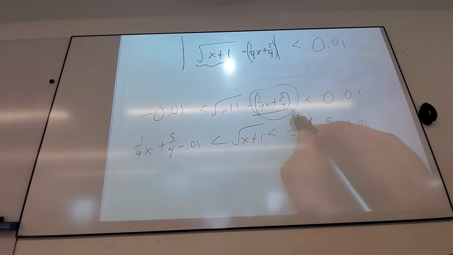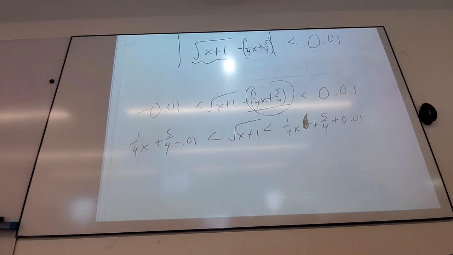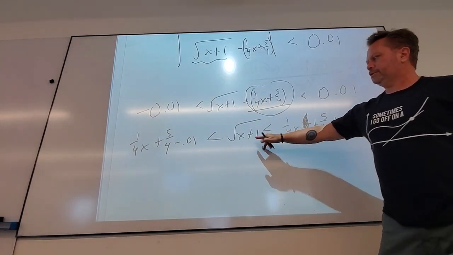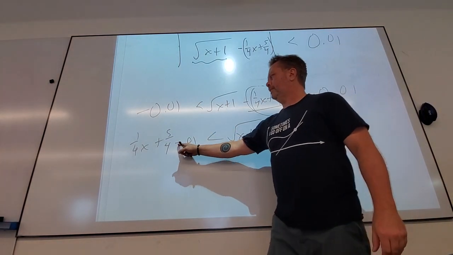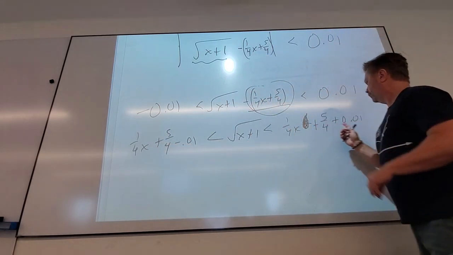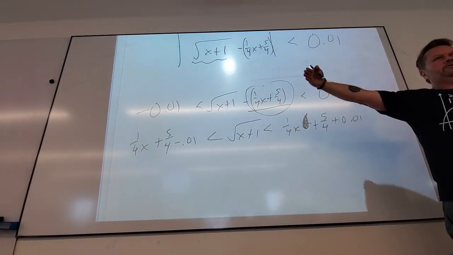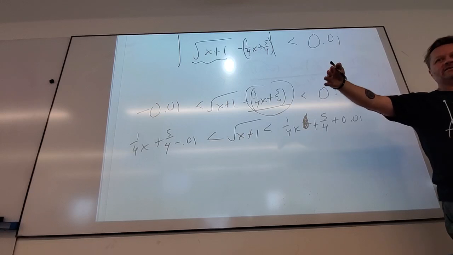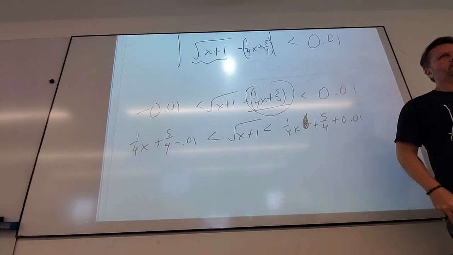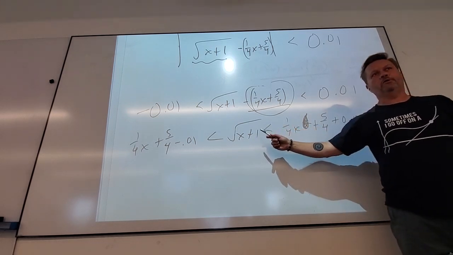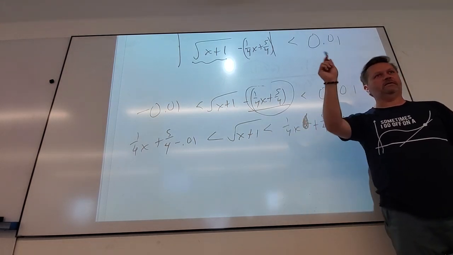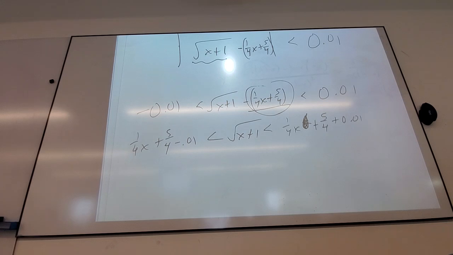So all I did was I took this and I added it to both sides. Okay. So does this make sense? I want my function to be 0.01 less than my output or 0.01 more than my output at most. That's what that says if I read that in English. So then what do I do with that, Jeff? No, well, you don't do any more work. Don't square, because that makes things really trippy. In your calculator,